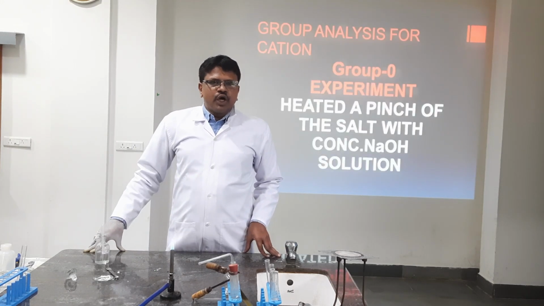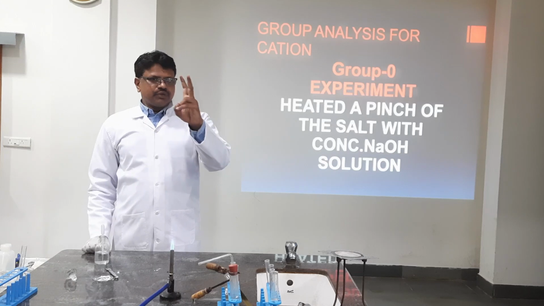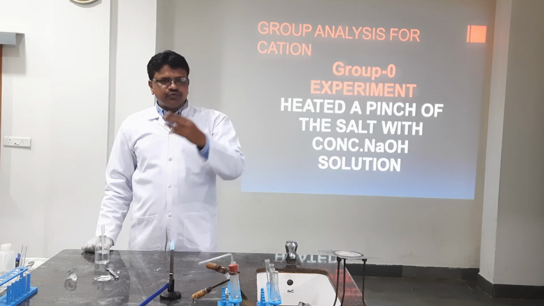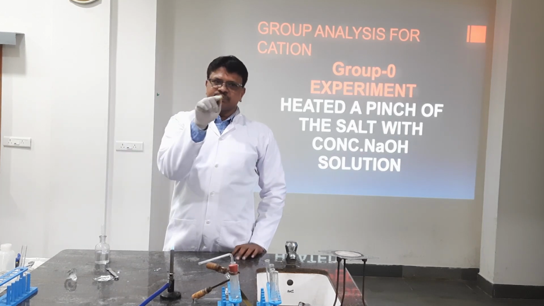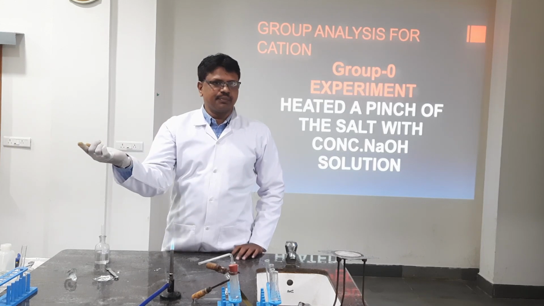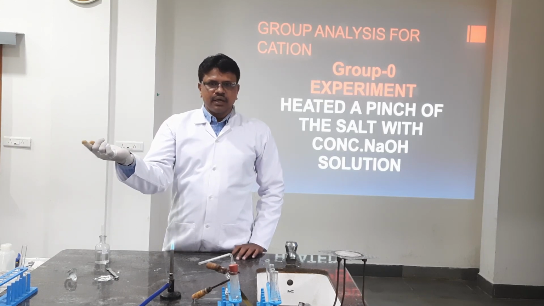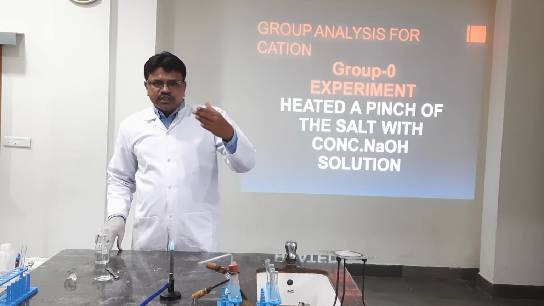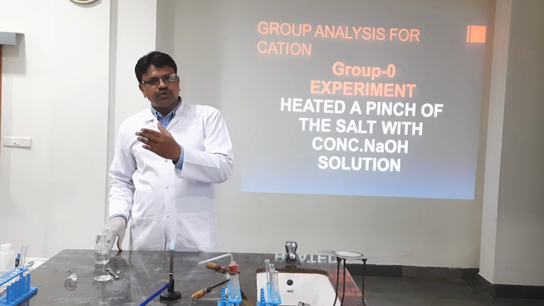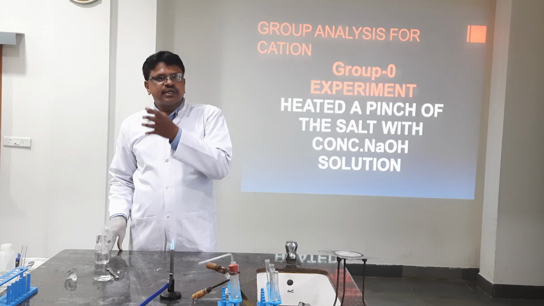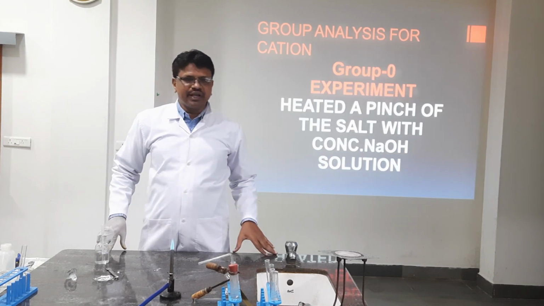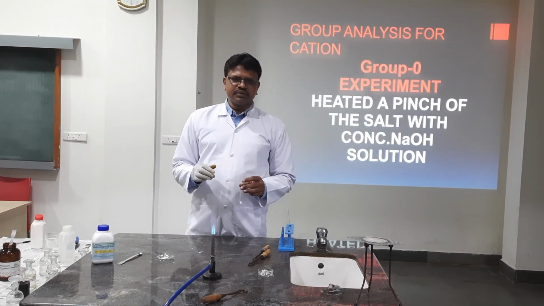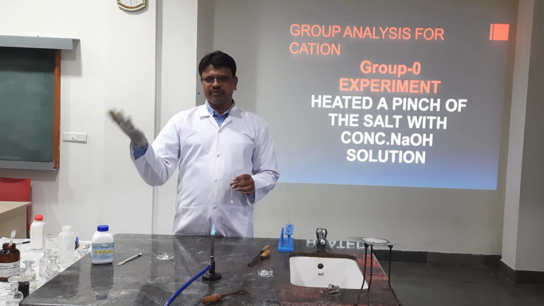Now coming to zero group. In zero group, what do you have to do? Here, two things we can do, students. Honestly, we can continue up to fifth group, because we already got information from the flame test. Directly we can do the confirmatory test for barium, because we got a positive result in the flame test. Otherwise, you should do from zero group onwards. We should continue to fifth group. Again, we will get some information, and based on that information you go for the confirmatory test. So here we came for group analysis for cations. These are identification tests followed by confirmatory tests.